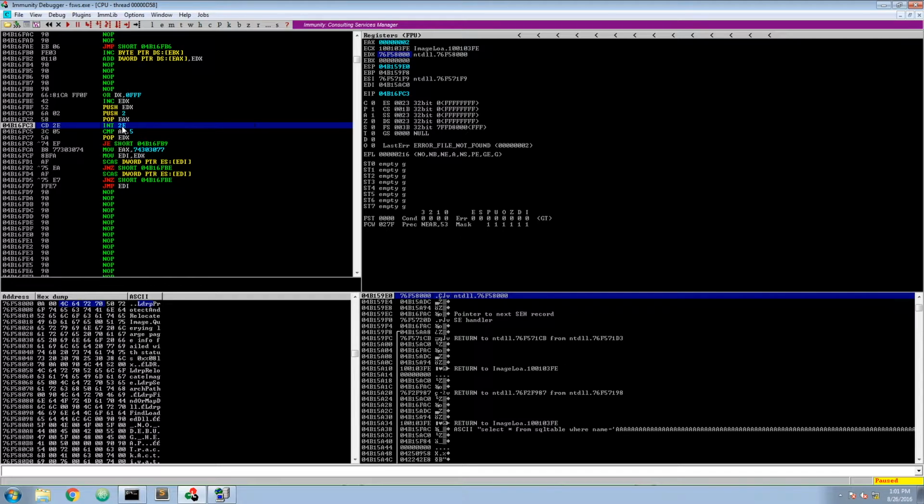System call number 2 is the access check and audit alarm. What it does here is check EDX to see whether the memory address is accessible or not. I'm quite sure this function would normally also do something additional, but I have no clue what. But to understand an egg hunter, I think this is enough for now.